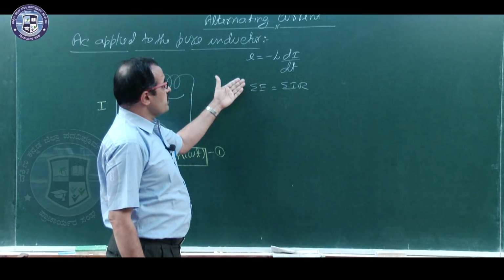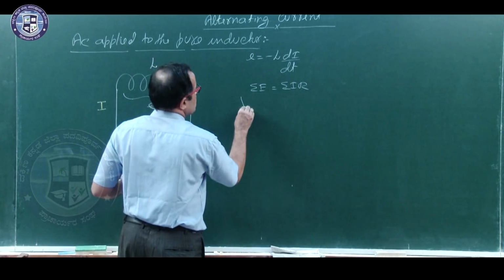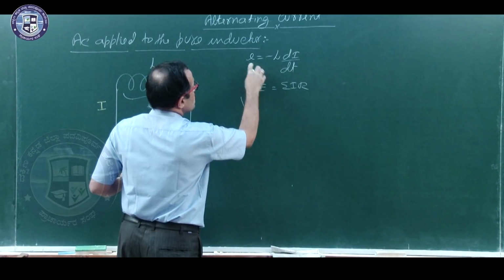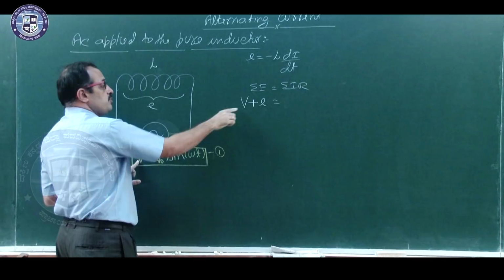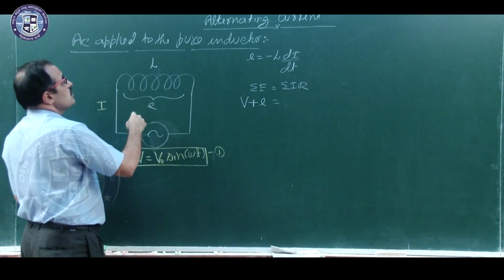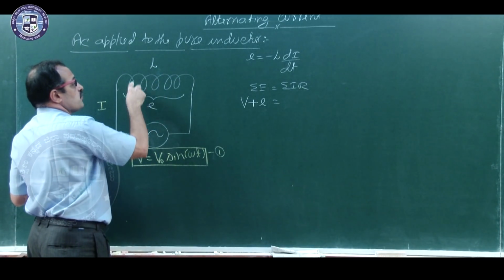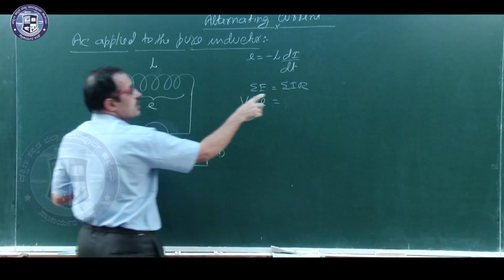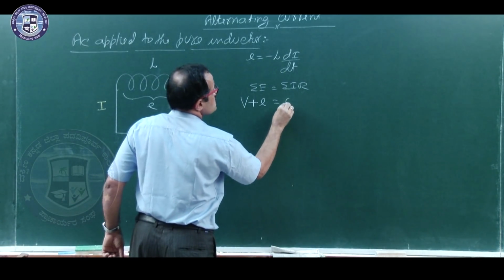How to find the algebraic sum of EMFs? One is applied voltage V plus induced EMF E, two EMFs, V plus E is equal to, is there any resistance here? AC applied to the pure inductor or ideal inductor, therefore what is the resistance? 0. Therefore in this circuit R is 0, therefore the right hand side term is 0,